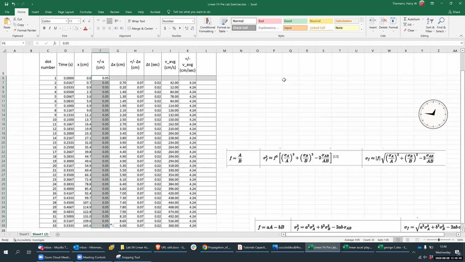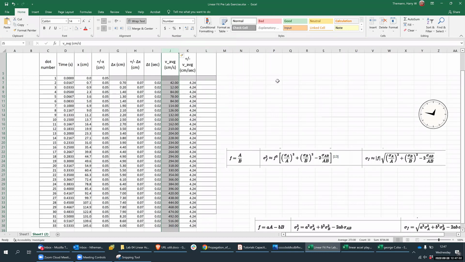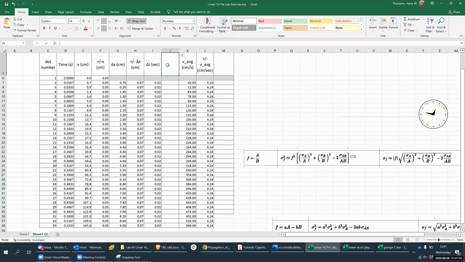Now we need an X coordinate. So this is another beautiful thing about Excel. I also know that when I graph things, I like to have them right next to each other. So I'm just going to now insert. See how I clicked on the whole column by clicking on, in my case, the J. So you right mouse click, insert, and I want now T average,